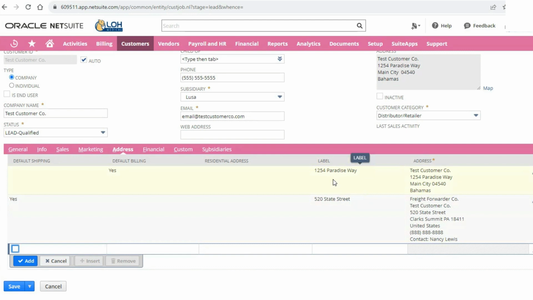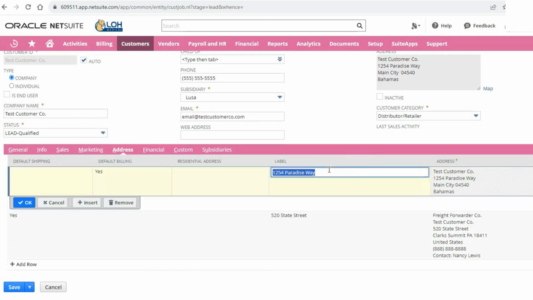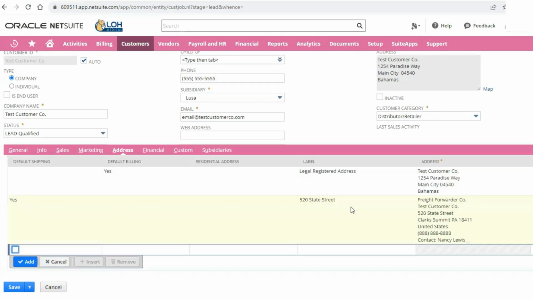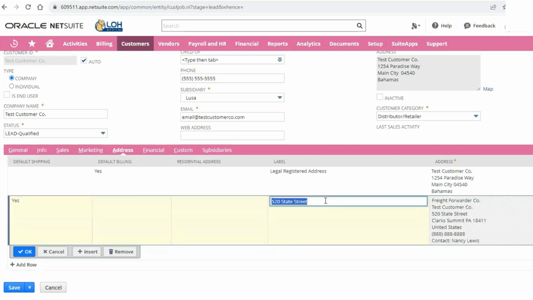Now, if your customer has multiple addresses, I suggest you change the label. So, for example, label could be right here and right here.